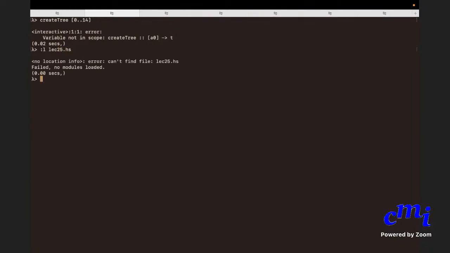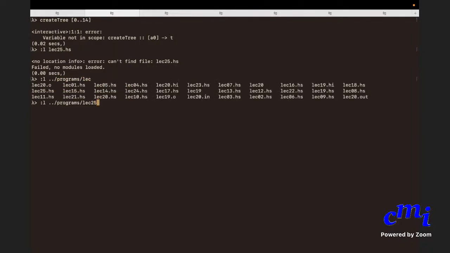Can't find file. Where am I? Oh yeah, I'm in a different directory. You can always load things by specifying the directory. Right now it's fine. Now if I say createTree, yeah, it's still not great, but at least there is some visual representation.